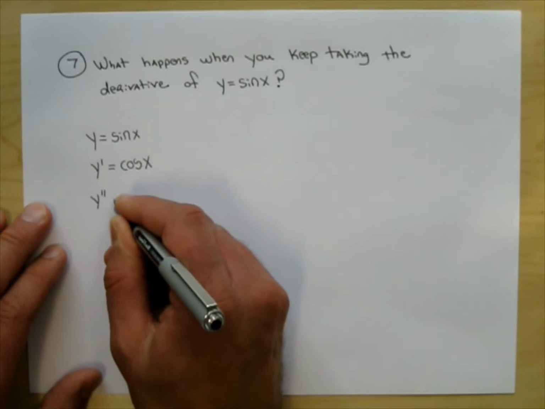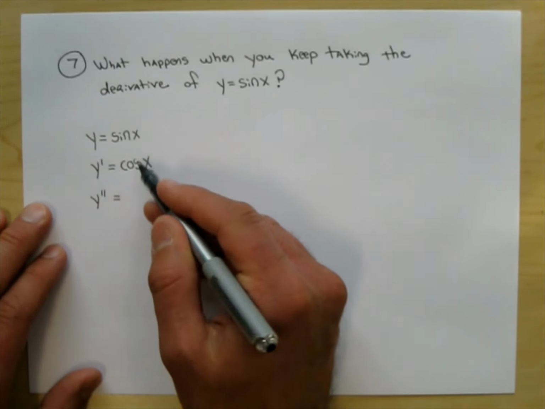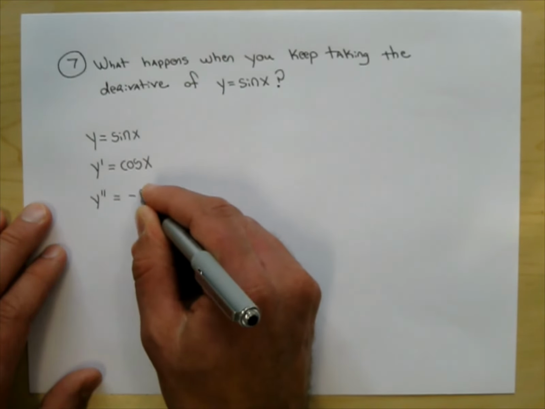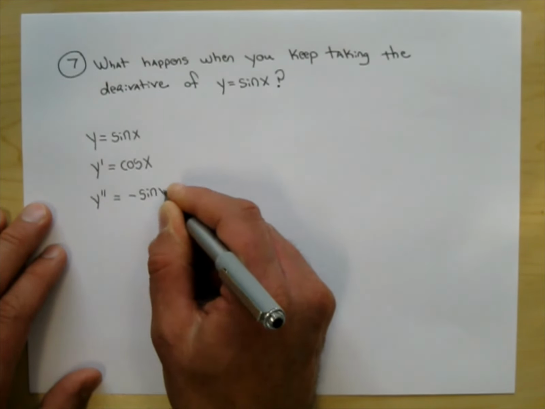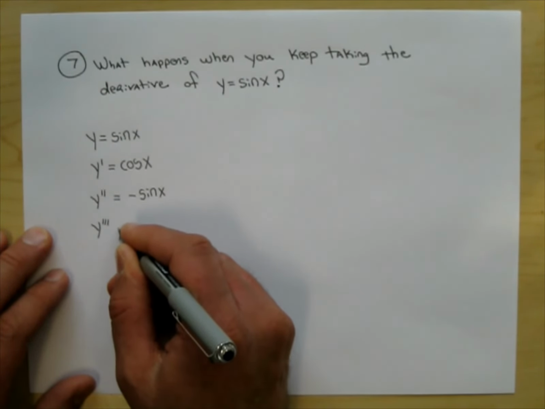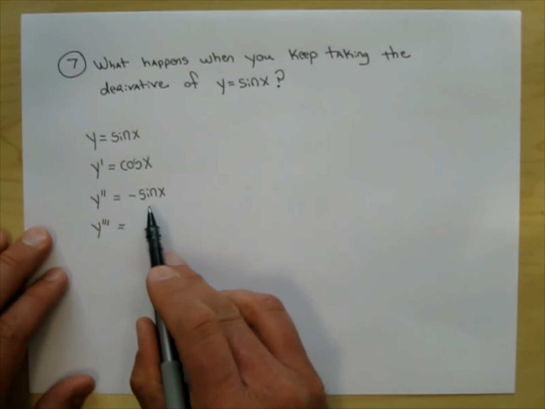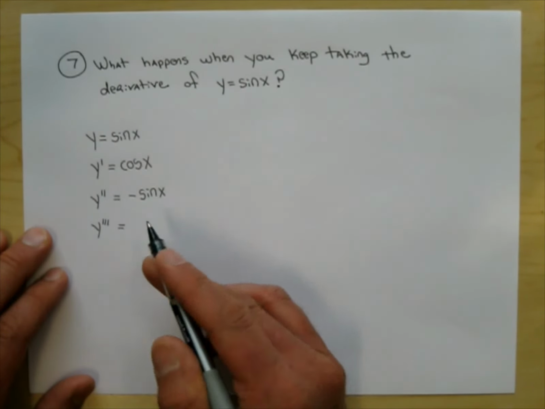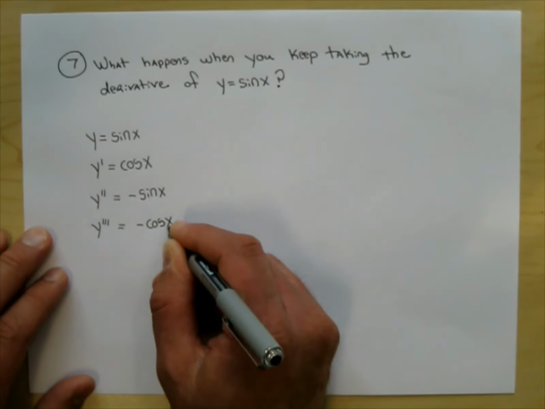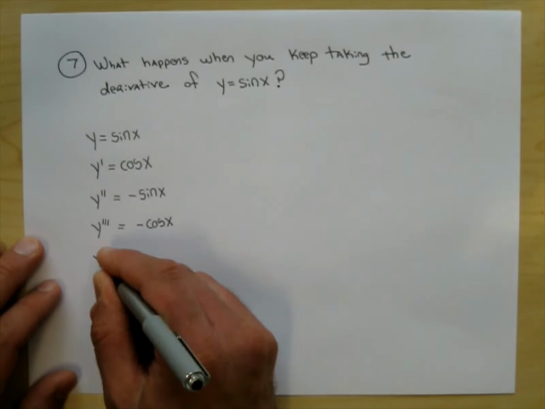Y double prime equals, okay, so these are just shortcuts I'm using. Derivative of the cosine is negative sine. Y triple prime is, well, the derivative of sine is cosine, but there's a negative there, so this is going to be negative cosine x. The fourth derivative,